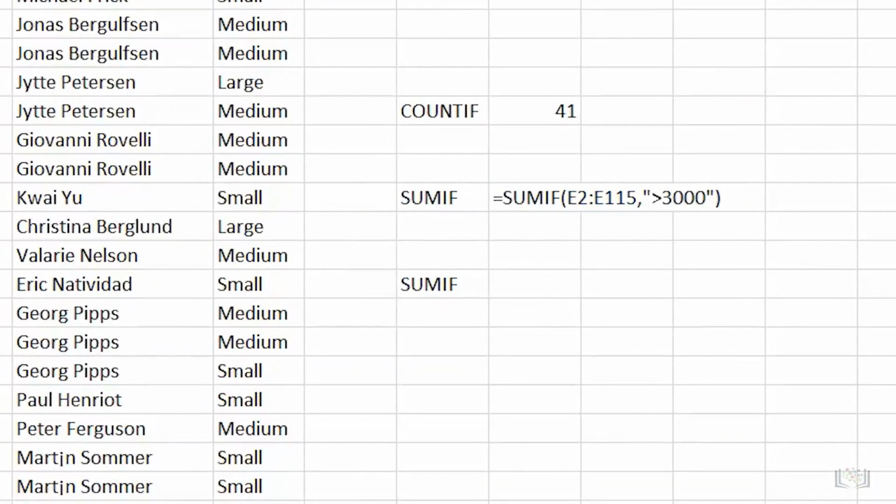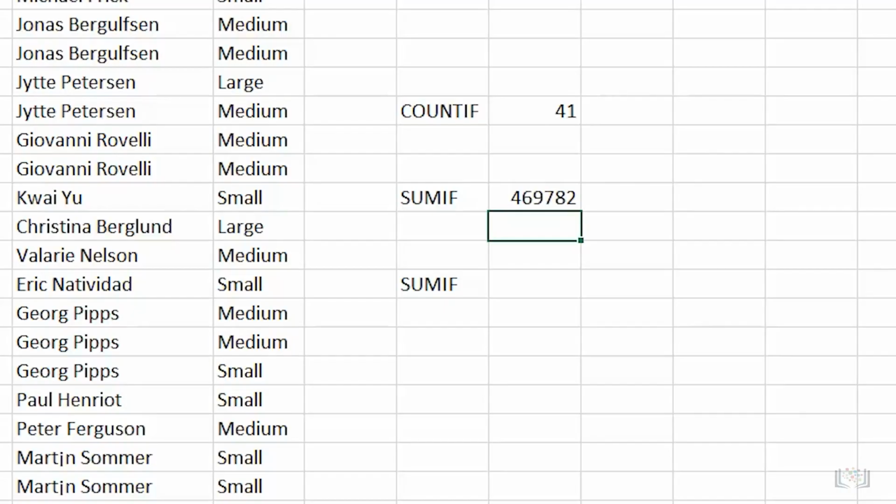This formula will add up each of the sales orders that have a total of more than $3,000. Again, notice that because we have used an arithmetic operator, that is, the greater than operator, we must enclose the criterion in quotes. If we specify a criterion that is only a number, we don't enclose it in quotes. So, the total sum of all orders that were over $3,000 is almost